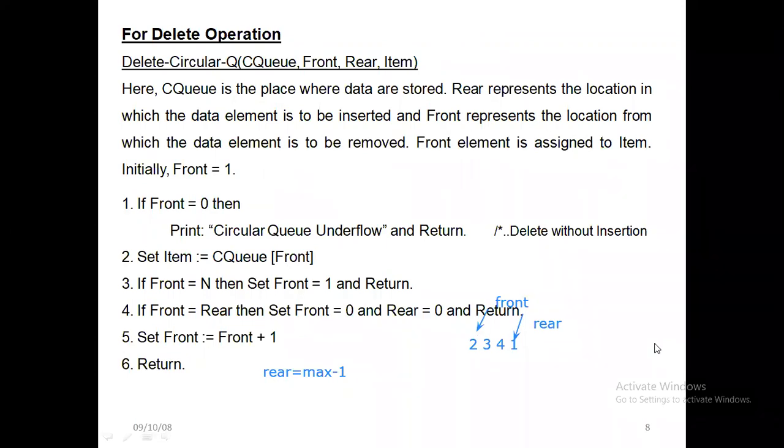So now you can see the delete thing. See, the CQ is the place where data is stored, which represents the location where the data element is in. Front represents the location from which the data is to be removed. Front element is assigned to item. Initially front is equal to 1. If front is equal to 0, then print